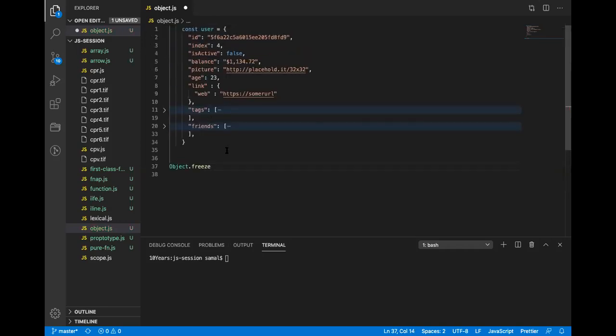This is again a static method. Remember, when we do user2 equals user, and we add something in user2, what will happen? User is also updated, right? Because it is pass by reference.